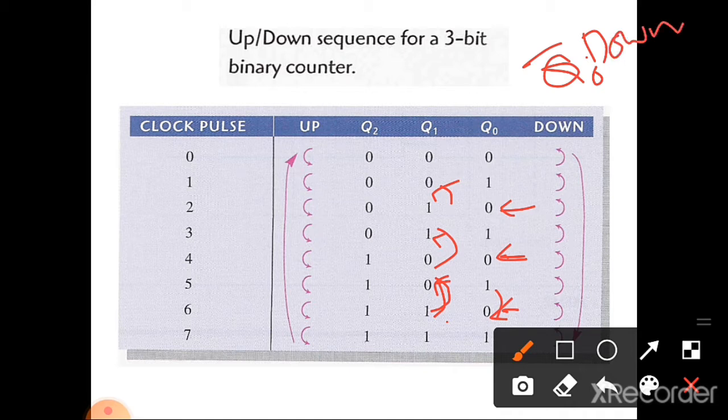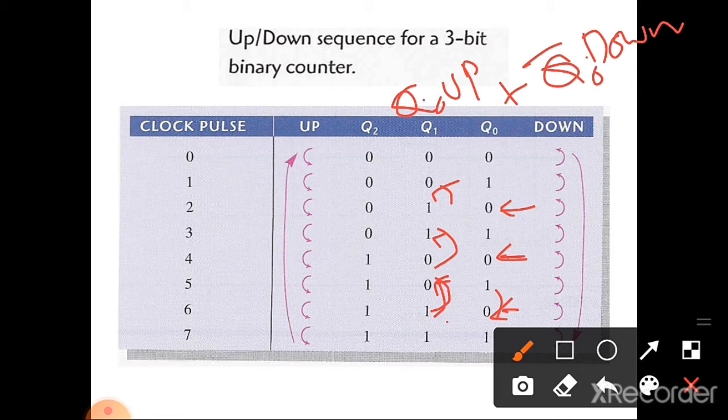For a down counter, when Q0 value becomes 0, Q1 will change. For an upward counter, when Q0 becomes 1, Q1 will change.